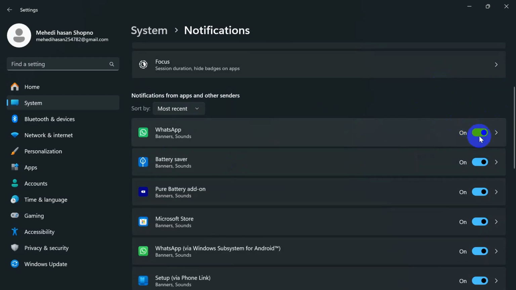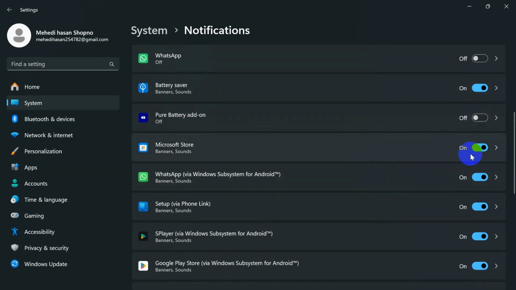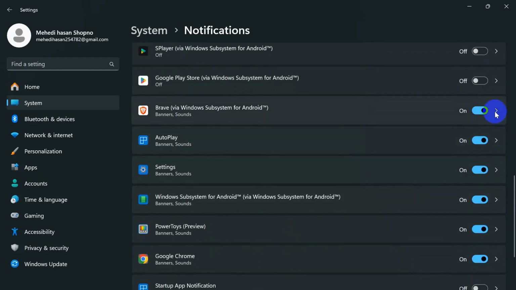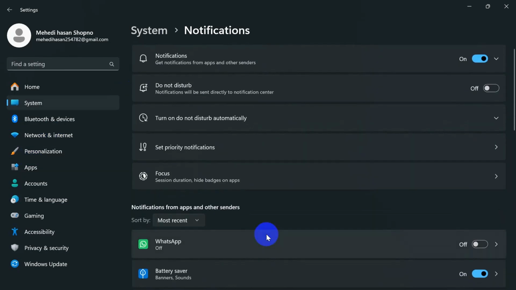into your laptop. So I am going to turn off WhatsApp, and I'm going to turn off your battery add-on, Microsoft Store, Windows Subsystem, Google Play Store, Brave, Google Chrome, and the subsystem autoplay, and I will leave these settings on. So this is how you can customize your notifications and stop annoying notification pop-ups